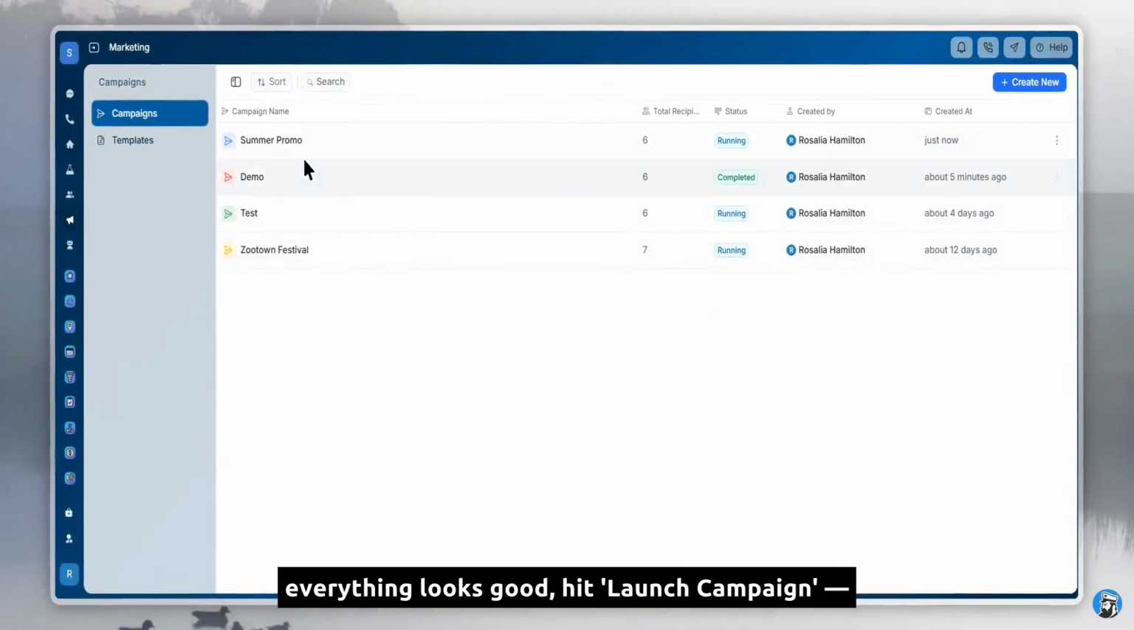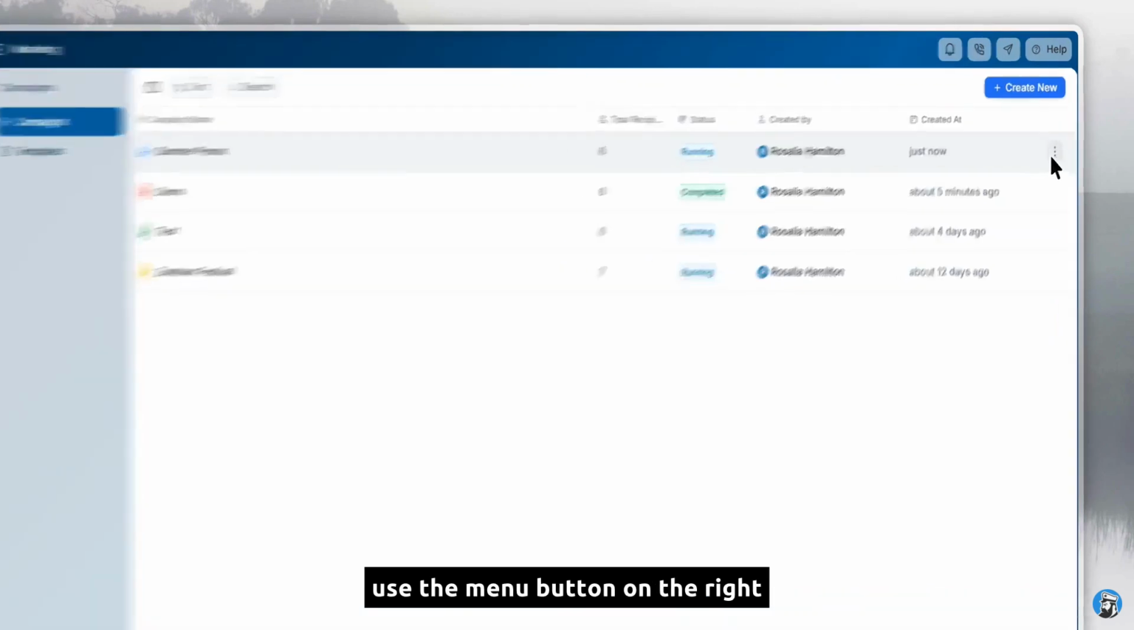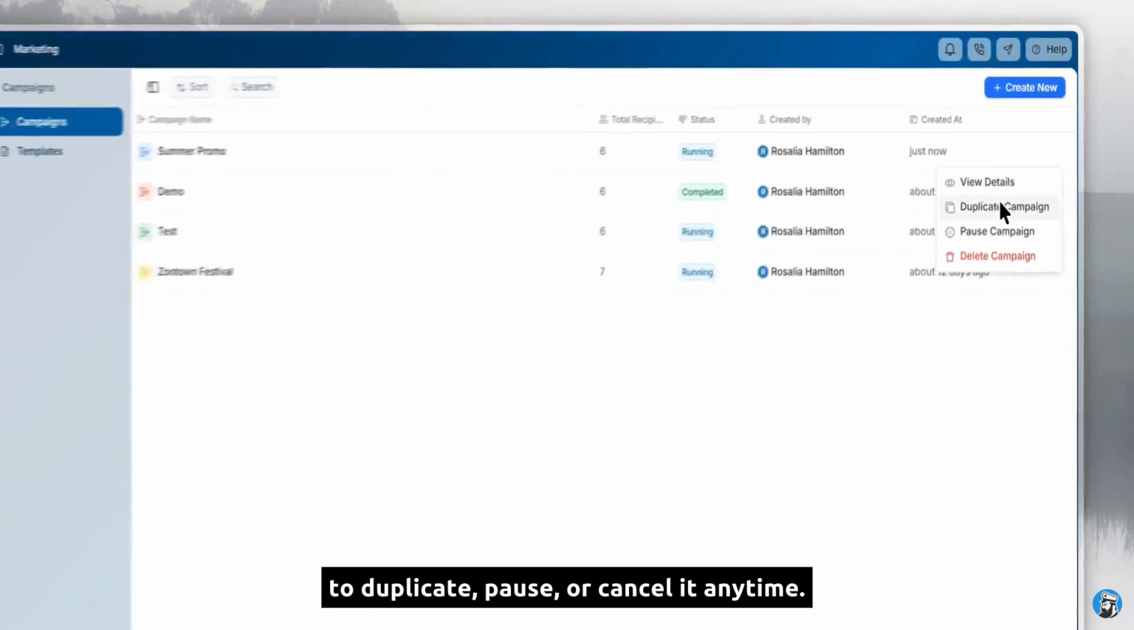When everything looks good, hit Launch Campaign. You'll land back on the campaign list where you can see it running and use the menu button on the right to duplicate, pause, or cancel it